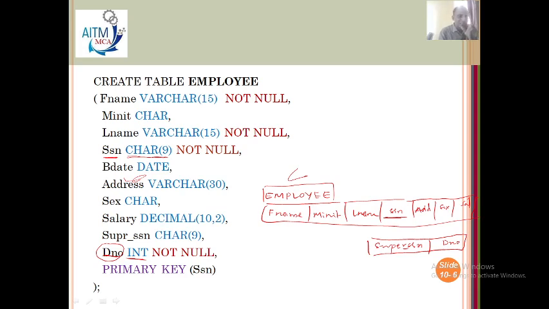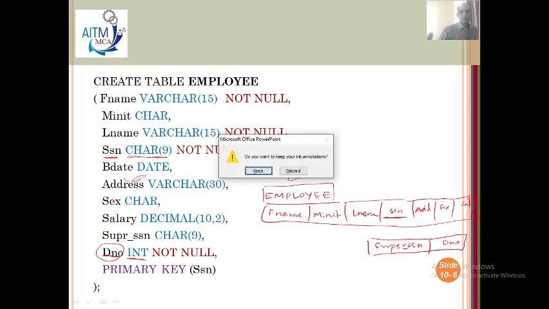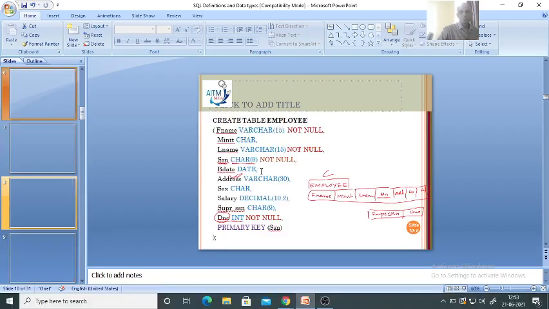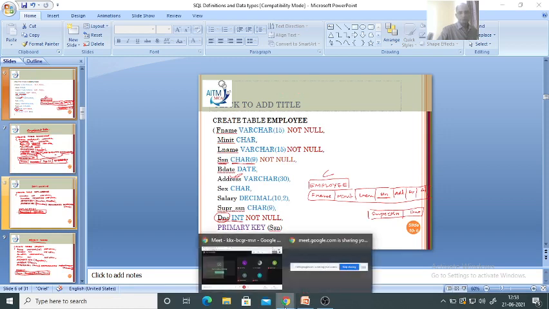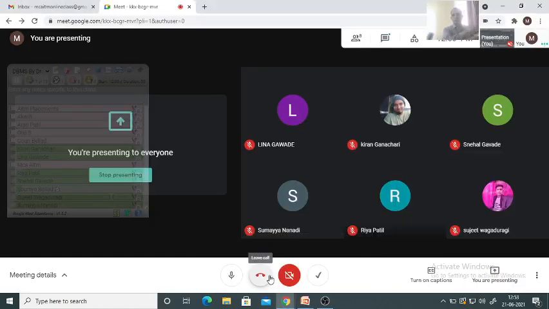Except for the data types, creating the table is clear for all of you. Yes, sir. If you are having any doubts, please ask the question, don't mind. Any doubts? No, sir. Okay, no doubts. So this is how you need to create the tables. In tomorrow's class, I'm going to discuss about